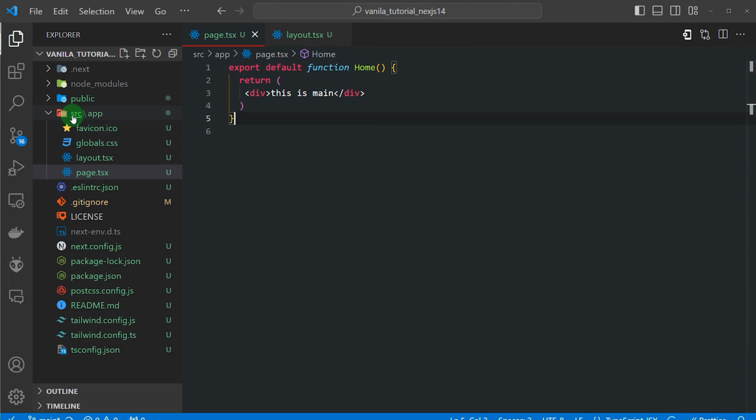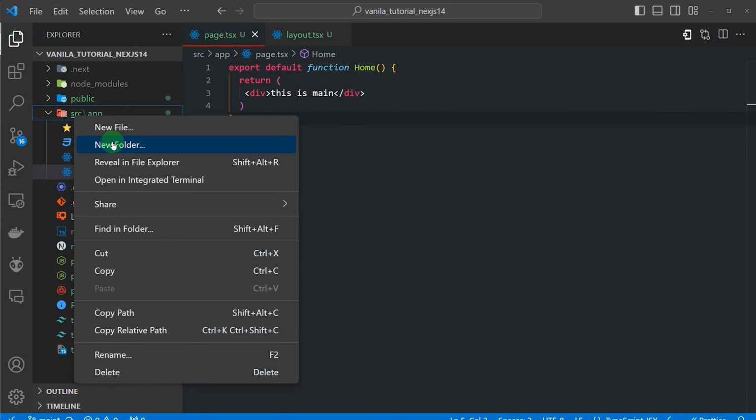So if you look at this folder structure first, the page.tsx, which is your main website, is under src and then app. It means by default, Next.js only recognizes the name page.tsx, and it can render as a page only if the page is underneath this app folder, which is again nested in src.